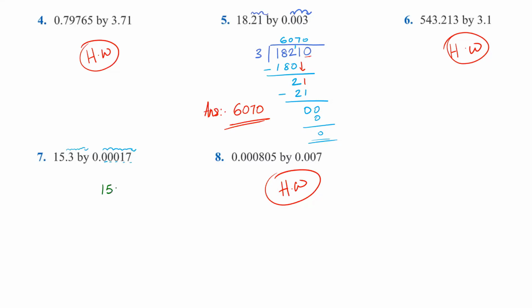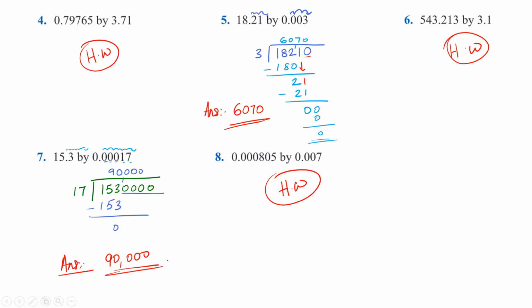It will be 1, 5, 3, and then 4 zeros. This will be the number. Now you should divide this number by how much? 70. Now we can do it directly. I take 153 and 170. Yes, it is divisible. 9 times 17 directly gives 153. Then the remainder is 0. Whatever zeros are there, put the same number of zeros here: 1, 2, 3, 4, so there will be 4 zeros. Therefore, the answer is 90,000.